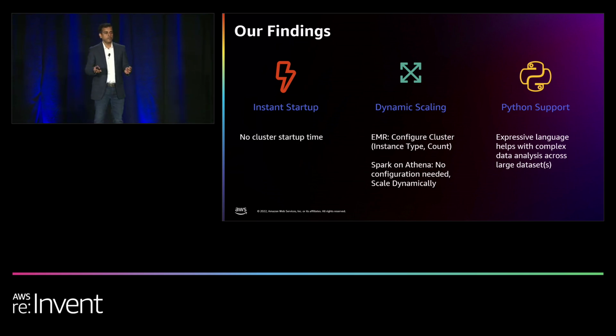As soon as they start the notebook, it starts with one DPU, which is the one Spark driver. I don't want to go too technical, but it starts with one driver node, which corresponds to one DPU. Now, as the user starts running the steps, which are called calculations, the DPUs automatically scale up and down. This wouldn't have been possible in any other environment where we have a constant cluster, even with a persistent or transient cluster. So this solves the scaling problem.